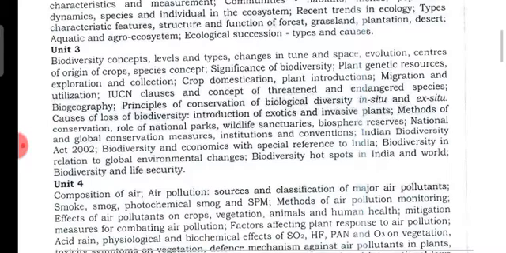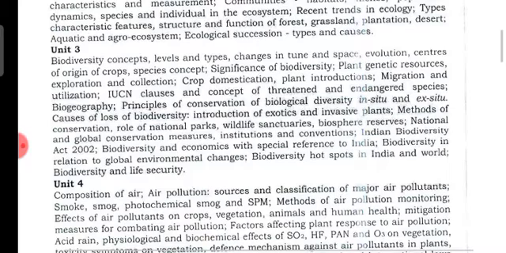The biodiversity concept, levels, types, changes in time and space, evolution, centers of origin of crops, species concept, significance of biodiversity, plant genetic resources, exploration and collection, crop domestication, plant introduction, migration and utilization, IUCN classes and concept of threatened and endangered species, biogeography, principles of conservation and